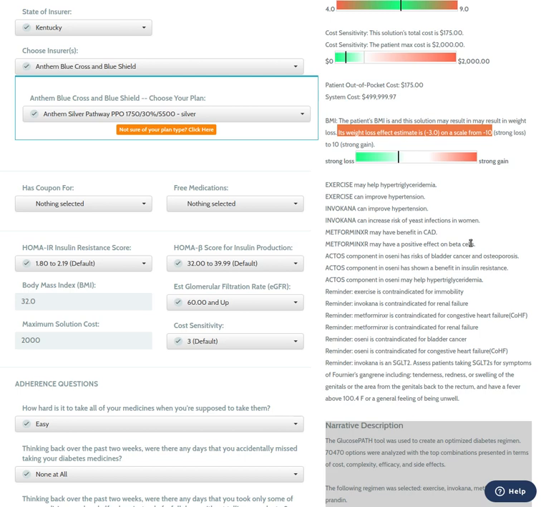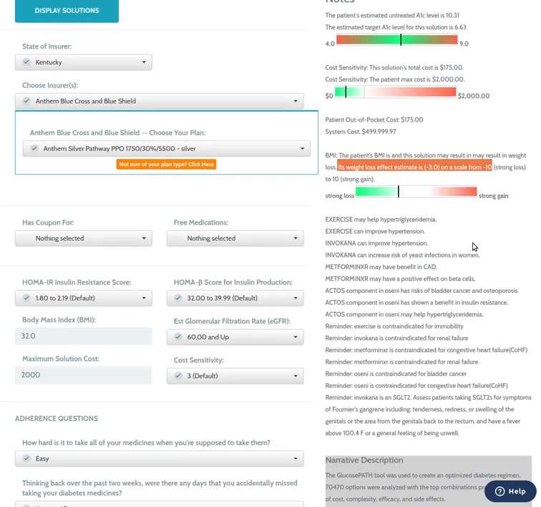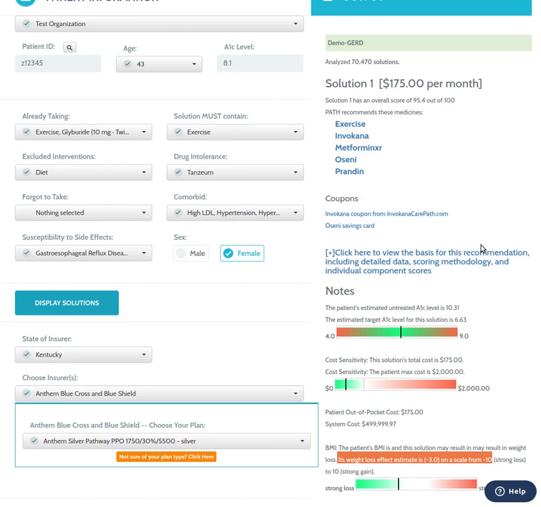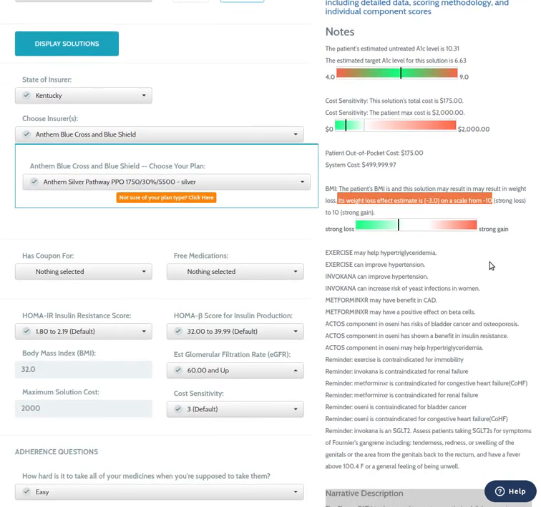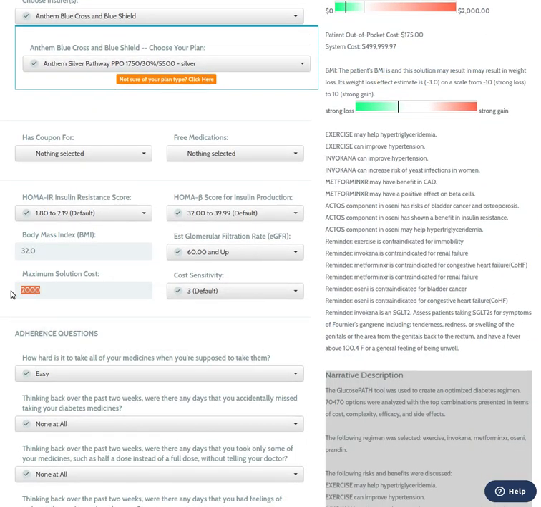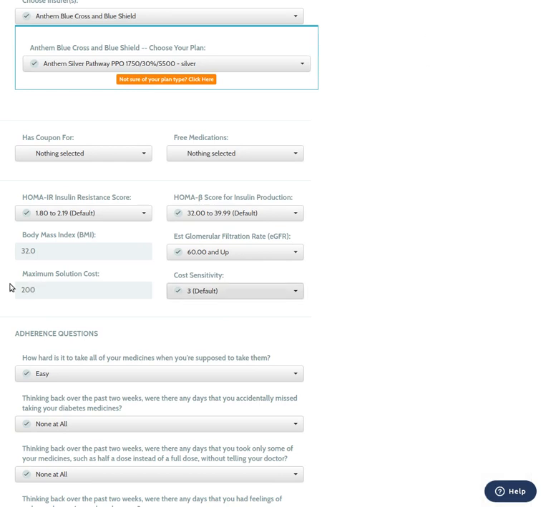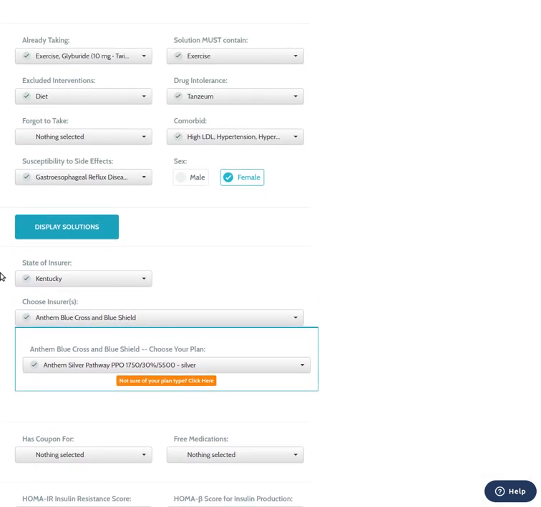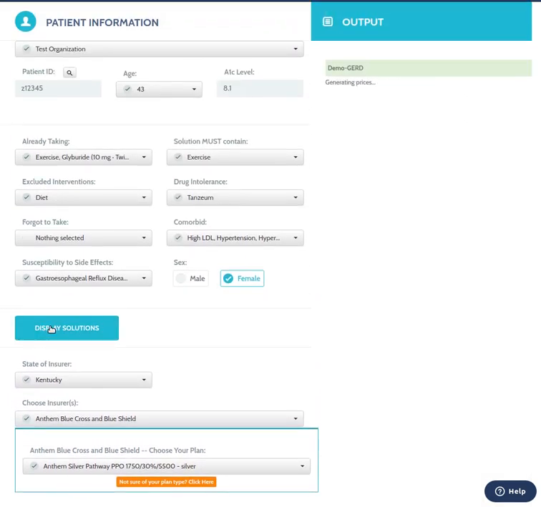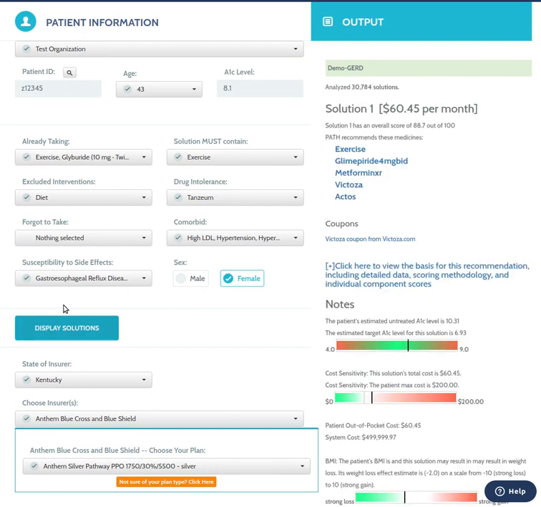So let's say that the patient says, you know what, I don't really have $2,000 a month. I've only got $200 per month for my regimens. Let's change this to $200 and see what the patient comes up with. And we'll say that $200 is the absolute maximum that the patient wants to spend, but if they could spend less, that would be good. In this case, the software thinks that there are 30,784 options that fit this new criteria. This one costs the patient